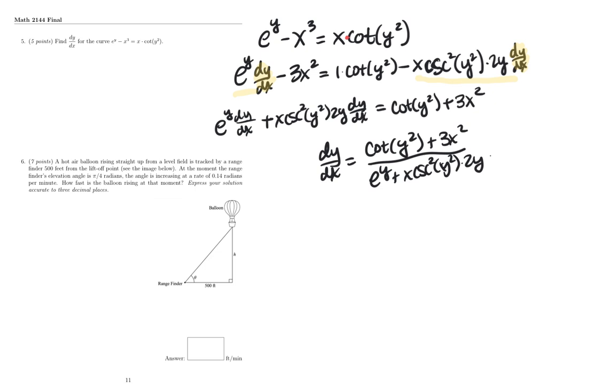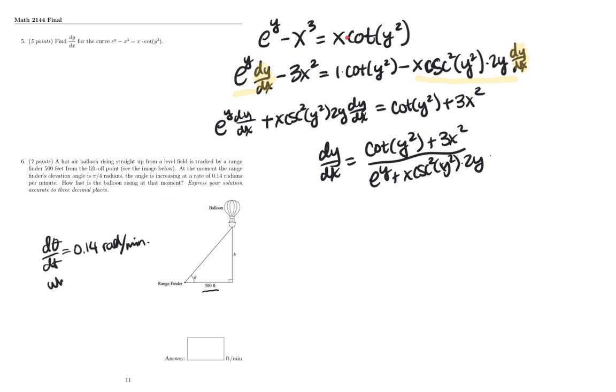For the next one, I'm told that a hot air balloon is rising straight up from a field, tracked by a rangefinder 500 feet from the liftoff point. So I can see that this 500 is labeled there because that is a quantity that is not changing, so we can label that with a numerical value. At the moment, the rangefinder's elevation is pi over 4 radians. The angle is increasing at a rate of 0.14 radians per minute. So I can see that angle is labeled with a theta there. So that means that d theta dt is given as 0.14 radians per minute